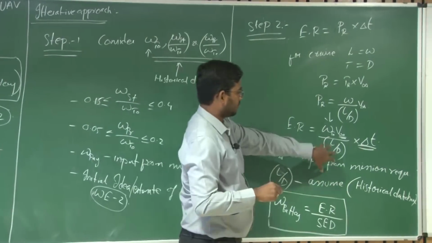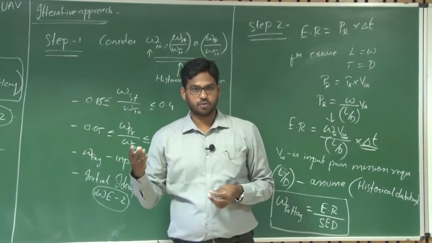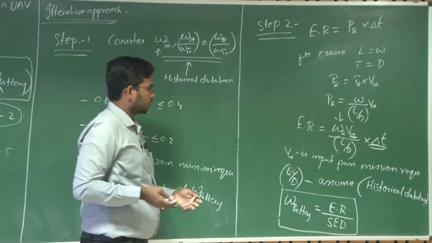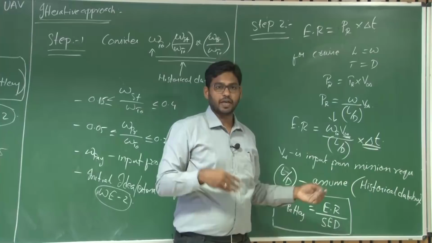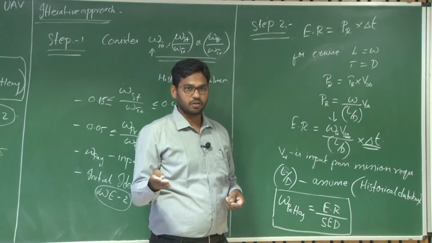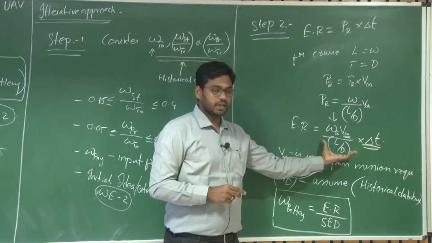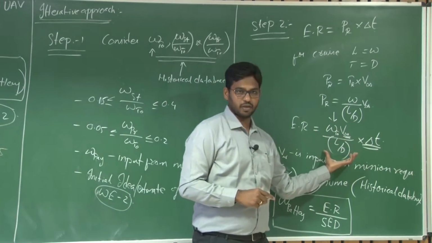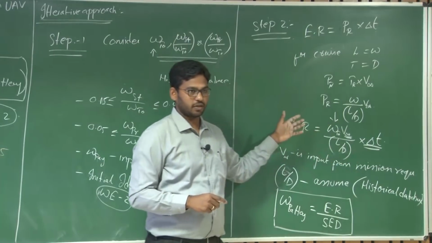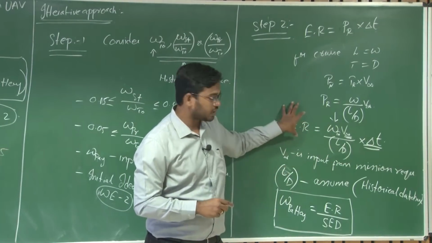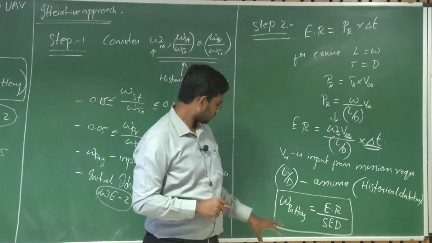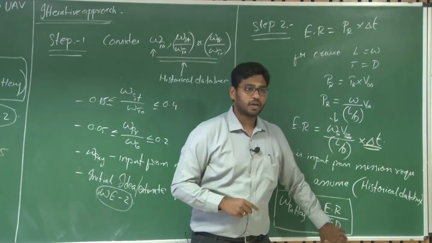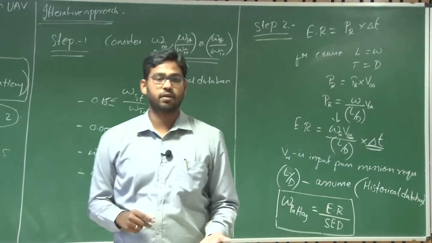We also witnessed that at higher L by D, or CL power 1 by 2 by CD max, or CL power 3 by 2 by CD max, there are various conditions under which you can achieve maximum range and maximum endurance. So you have to select one of those as per your mission requirements. You can select a nearby value, it may not be exact, it's an estimate ultimately. Once you have this energy requirement with those inputs, you can find out the corresponding battery weight based upon the available specific energy density of the batteries.